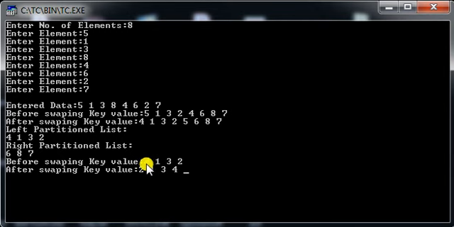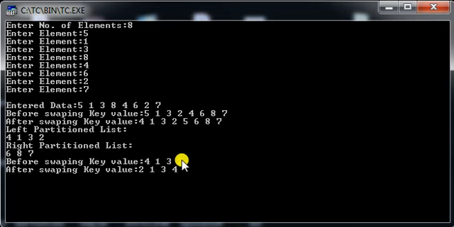Again I will take the first element as my key element, so 4. Now again I have to find the larger value than 4 from the left hand side. As you can see, there is no larger value available over here. So ki will be as it is. From the right hand side I need to find the smaller value than 4. So as you can see, I found 2.